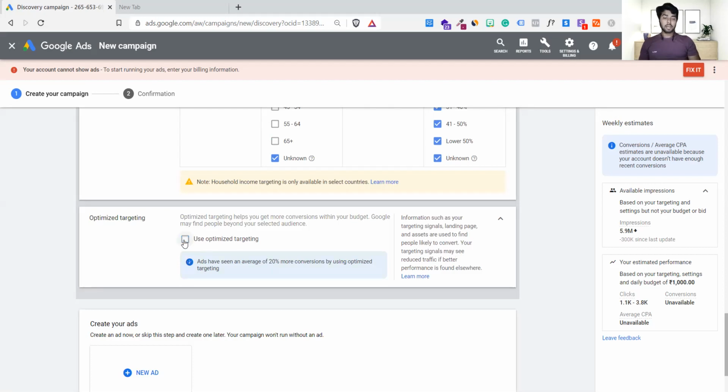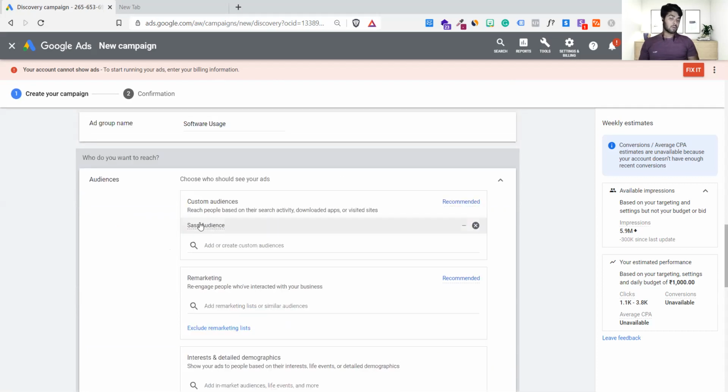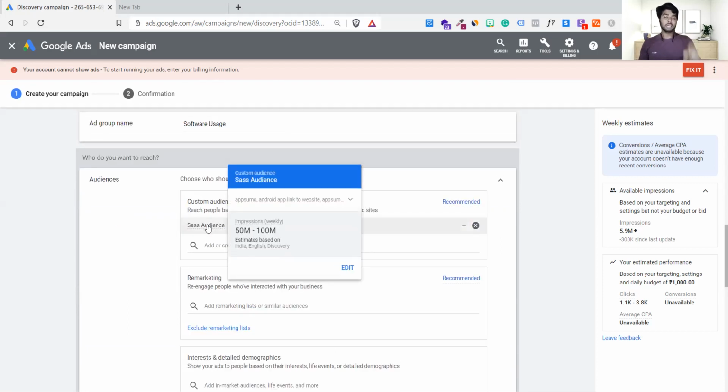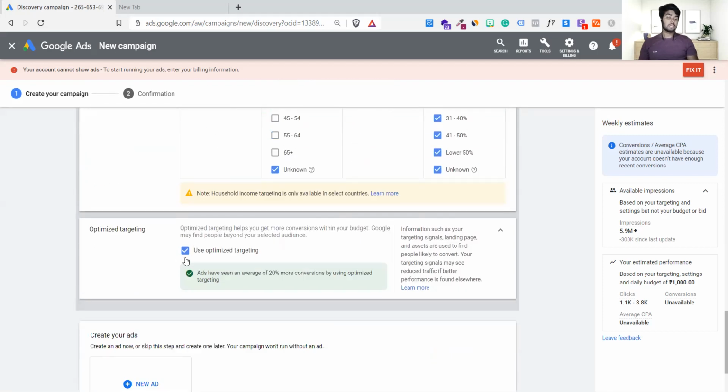So this is giving permission to Google to optimize my target. In Facebook, we have a similar option like optimization. There is a small checkbox inside each ad set interest group where you give allowance to Facebook or Google, whether they want to do targeting. It is clearly saying this ad has had an average 20% more conversions by using optimized targeting. So the moment you give this permission, Google will take authority on your targeting, which is these SaaS audiences. Now Google will see whatever you have created on your own, whether it is correct or not. If it is correct, it will try to correct it a little bit more for you. So you'll get more conversions. That can only happen by using this method.